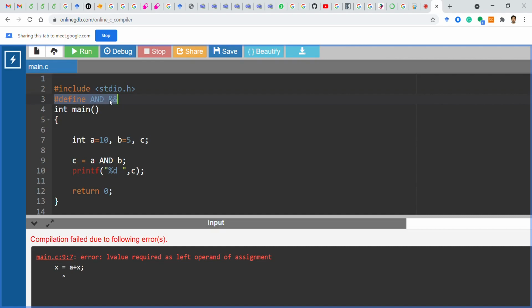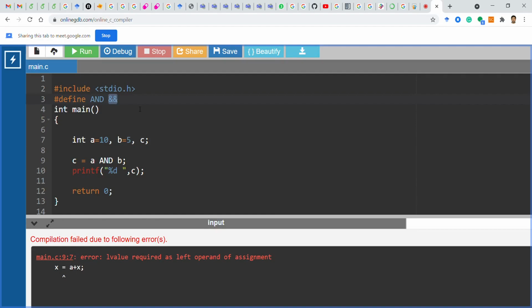What is this? This is my logical AND, right? And what does logical AND mean? What feature have we seen in the case of the logical AND? That is, if both sides of the logical AND have some non-zero value, we will get 1 as the output, right?